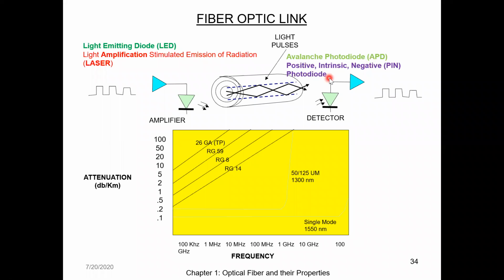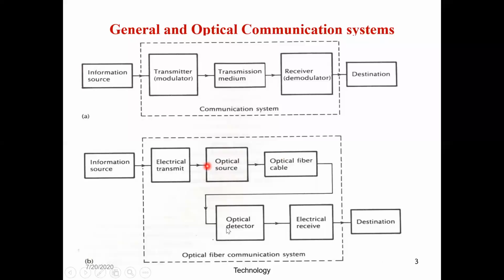So what you will do in the exam is, if it is a 5 marks question, you just draw this block diagram and explain. You can write a little bit about the optical source, like the names and functions, because you have to cover 2 pages. If the same question is asked for 10 marks, then you will draw both diagrams and explain the information source, so you know what the types of information source can be.